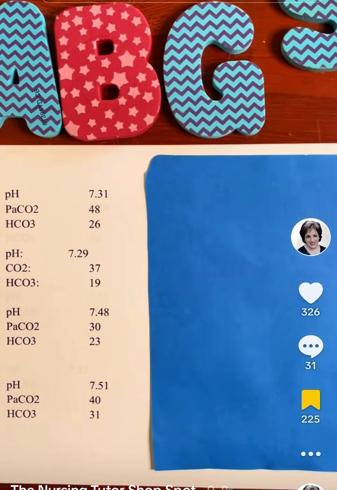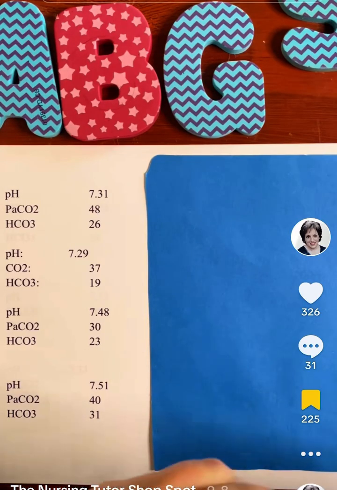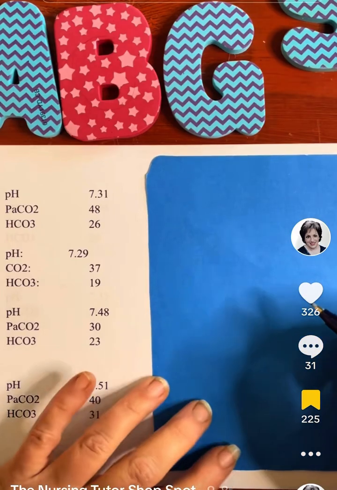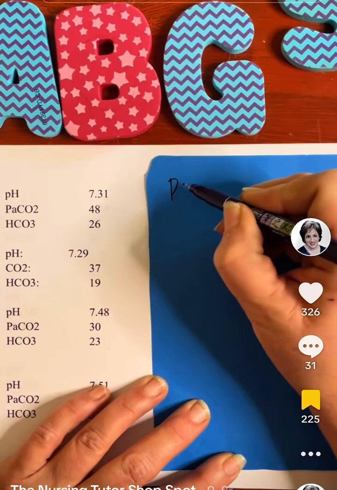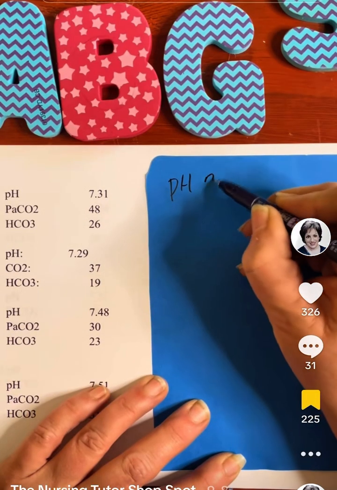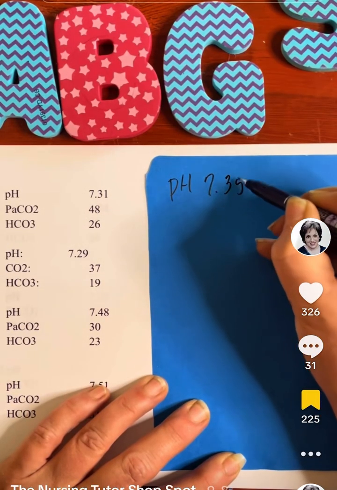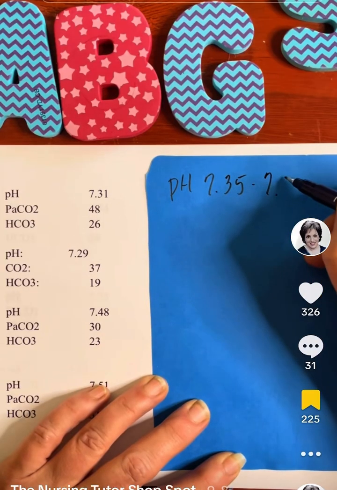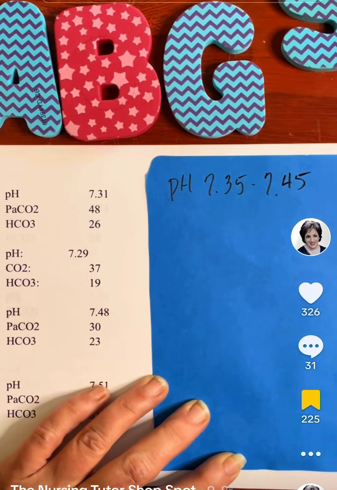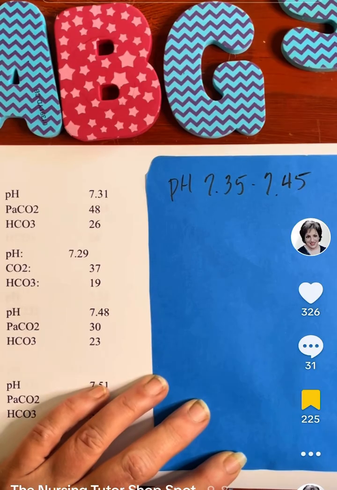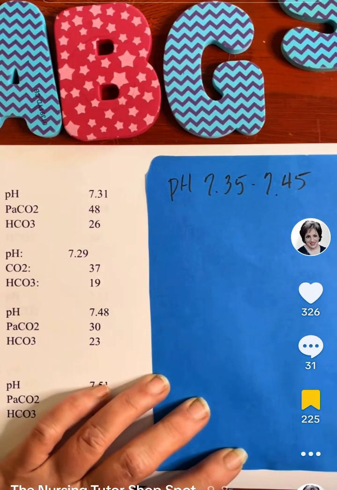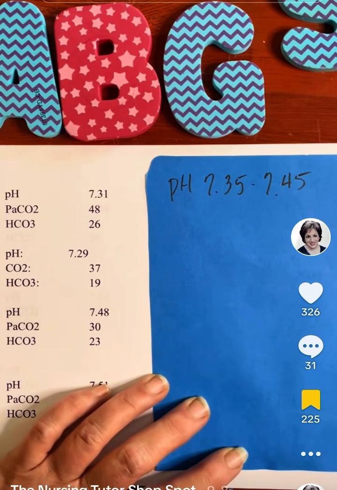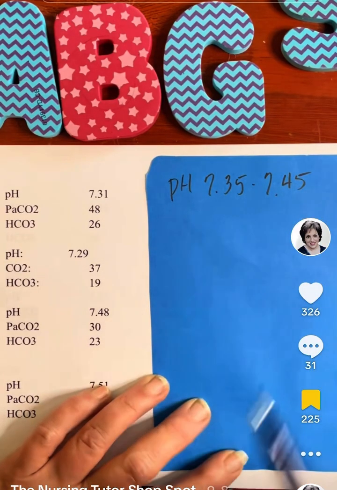I want to talk to y'all about interpreting ABGs. It's going to be simple by the time we're done. Okay, the first thing you have to know is that the normal pH is 7.35 to 7.45. It's paradise. For all our organs and our cells, they function at optimum when our pH is between 7.35